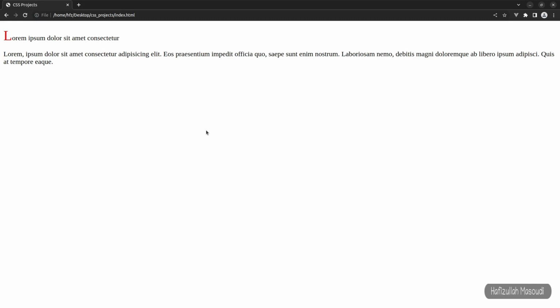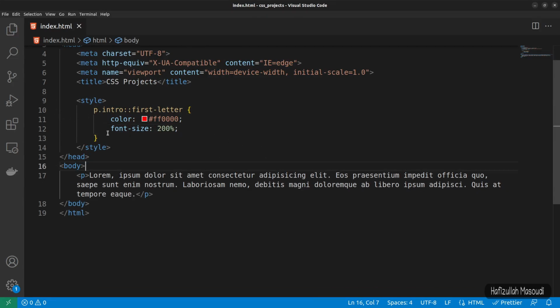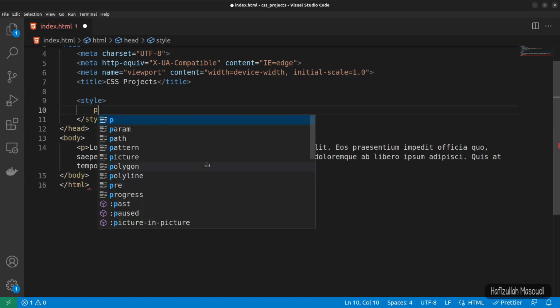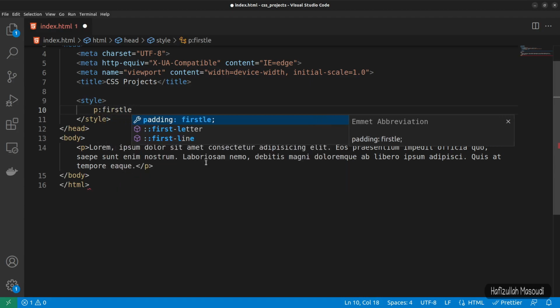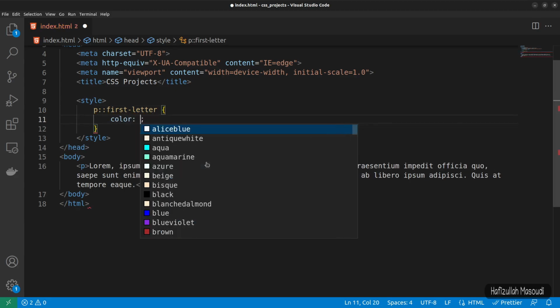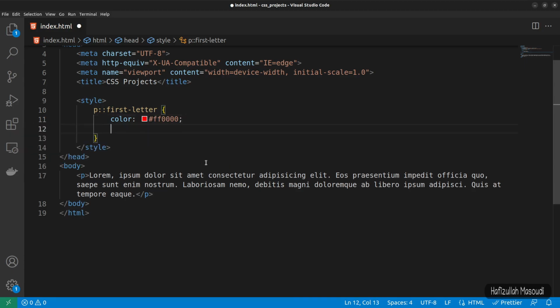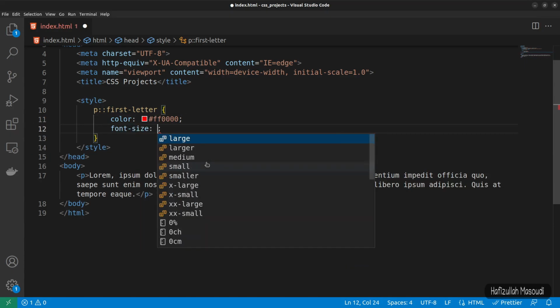Now next up, what we have is multiple pseudo elements. So several pseudo elements can also be combined. To show you an example, let's get back to Visual Studio Code. Now what we can do is, let's remove this first paragraph, and for the second one we will use some pseudo elements. So let's remove this styling, and let's say p colon first-letter, curly braces, color hash ff0000, and font-size xx-large,